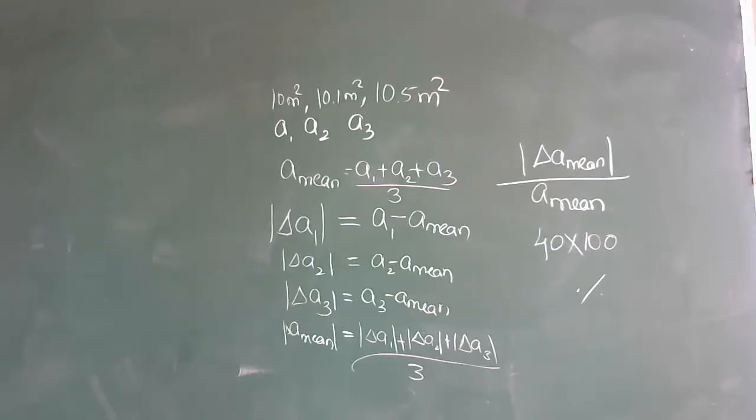Then relative error कैसे आता है आपको? Absolute error का जो individual values मिला है, take the mean of that. After taking mean, the ratio of this absolute error mean and A mean is known as relative error. If you multiply answer by 100, you will get it in terms of percentage. So this is regarding absolute error, relative error and percentage error.